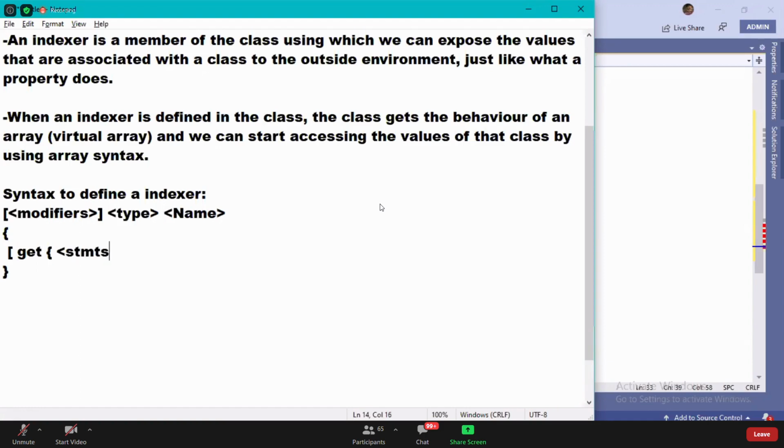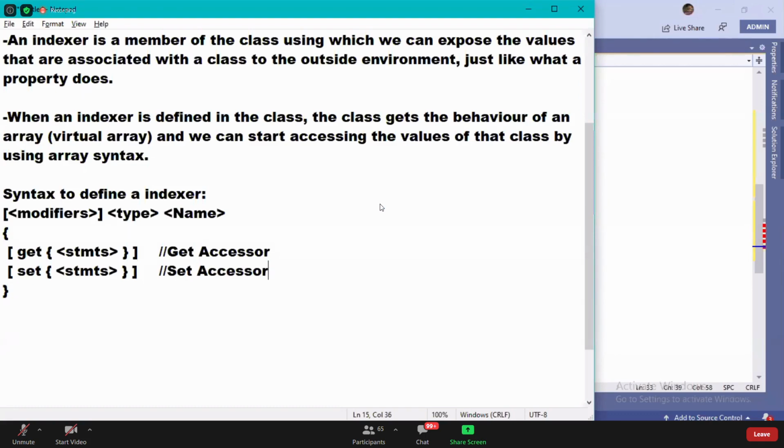We call this the get accessor, then set, and we call this the set accessor. Remember, this is what we discussed in the previous class.